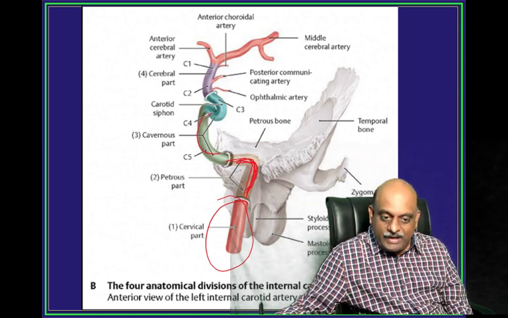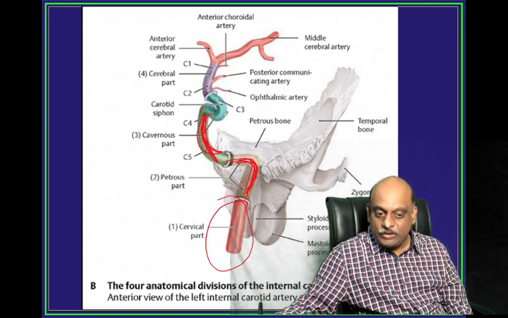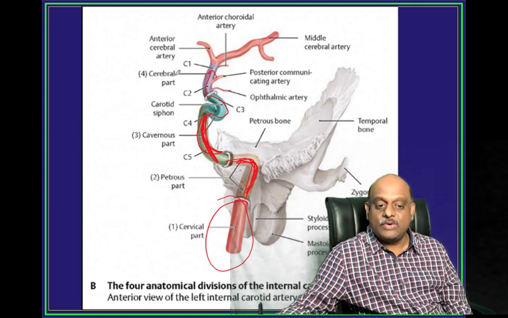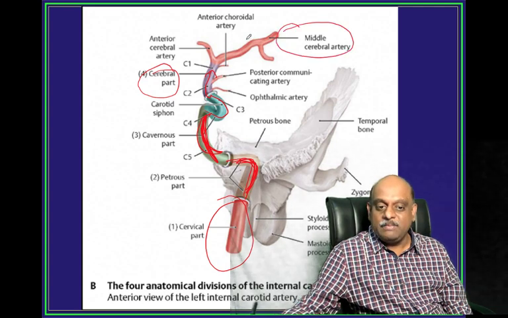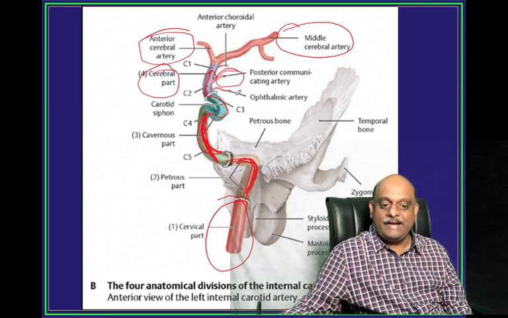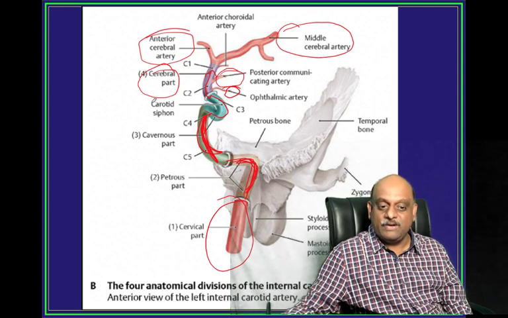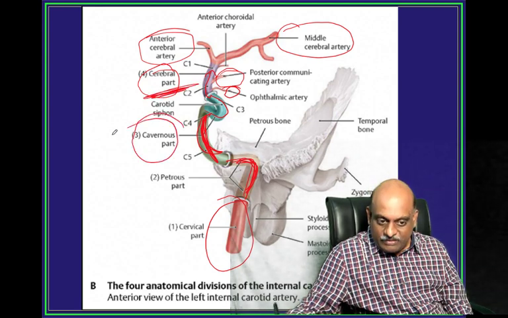Then you have the cavernous part, then you have the carotid siphon, and it enters the cerebral part, and ultimately it will break down into the middle cerebral artery, anterior cerebral artery, posterior communicating artery and ophthalmic artery, which all arise from the cerebral part. Now the examiner's question is, from this cavernous part,